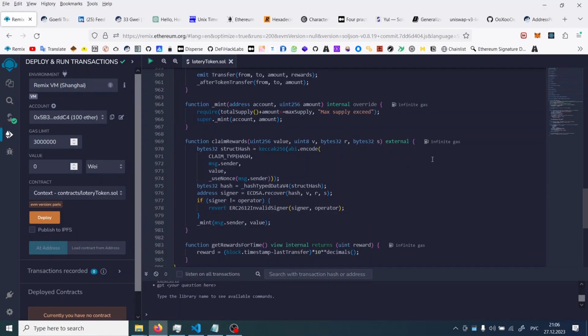Okay, I made a mistake in signature generation because I use the nonce for operator, but in our case we can't do this because the operator nonce